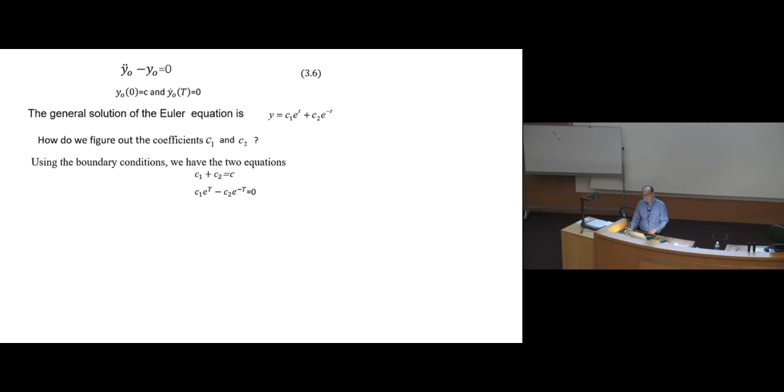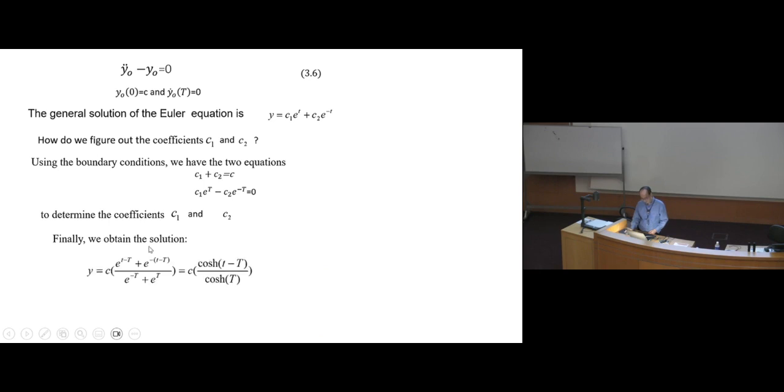Is that clear? Then we have two equations for C1 and C2. Easily you can get the solutions for C1 and C2. I will skip the details; you can do that by yourself. Finally, we will have a solution of this output y. This function y is a function of time. Of course, it also depends upon the initial condition. This is in a very interesting form. And we can also put it another way.